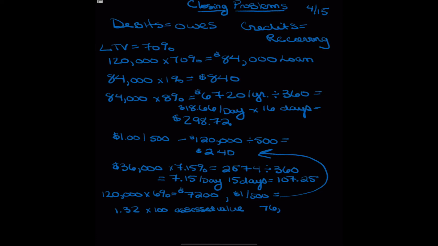We'll take that 76,500, divide it by 100, quick little math here, and we know that there are 765 hundreds in 76,500. We'll multiply that times $1.32, and we will get